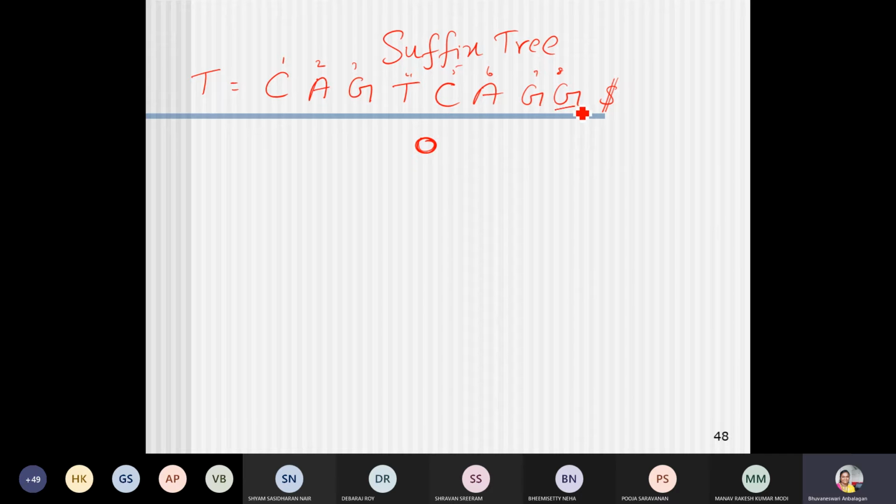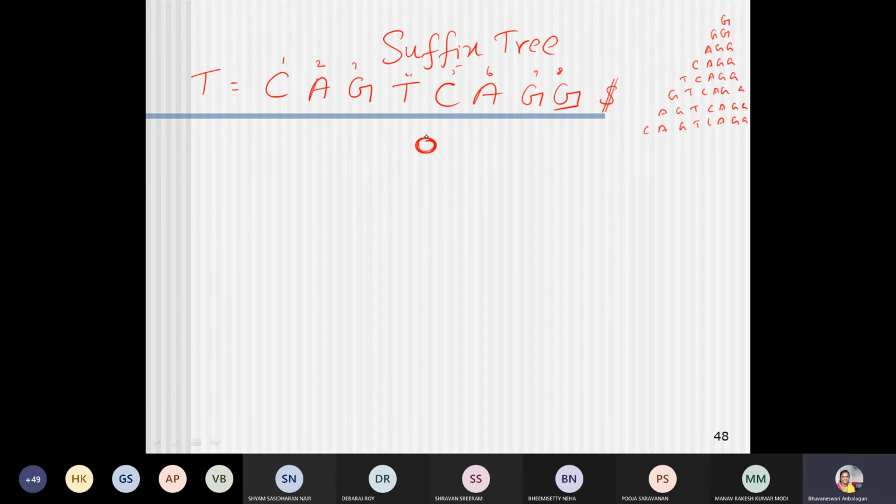The initial suffix array is going to be G; G G; A G G; C A G G; T C A G G; G T C A G G; A G T C A G G; and then C A G T C A G G. This is how you have to find the suffixes for the entire text.